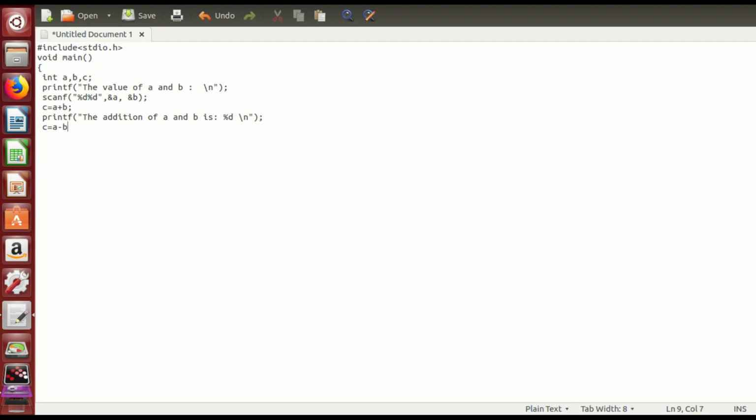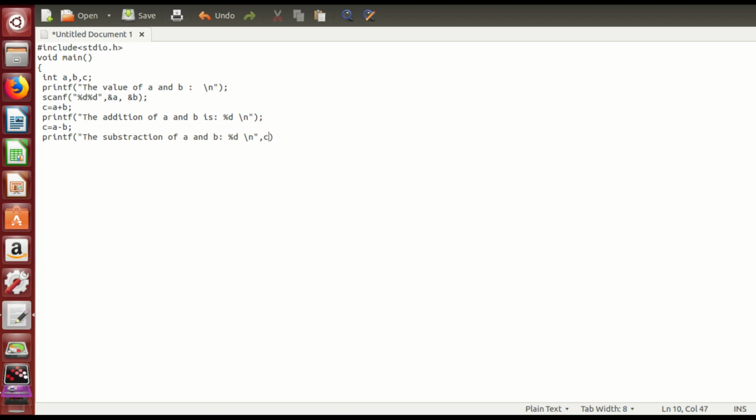Then for subtraction, c is equal to a minus b. It should also be printf. Then type printf, the subtraction of a and b is %d, which reads the integer value, then backslash n for a new line.